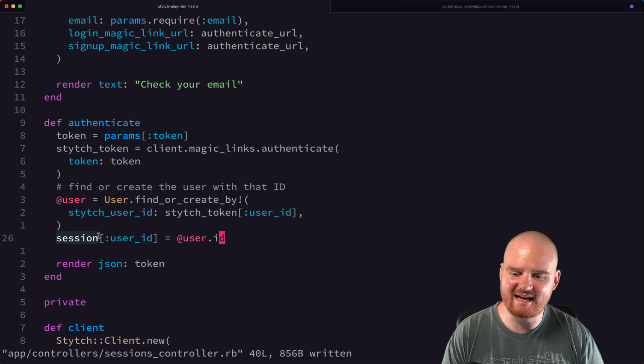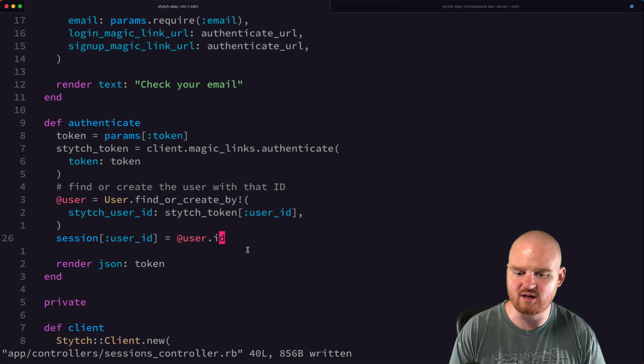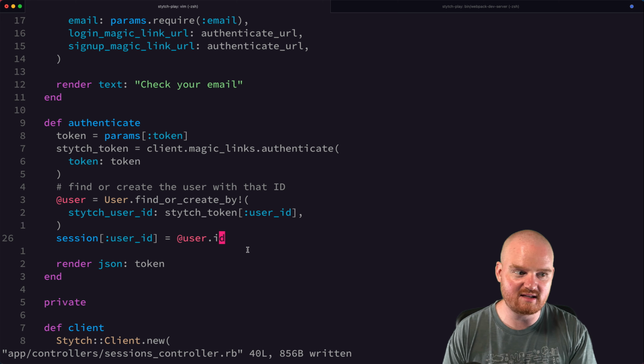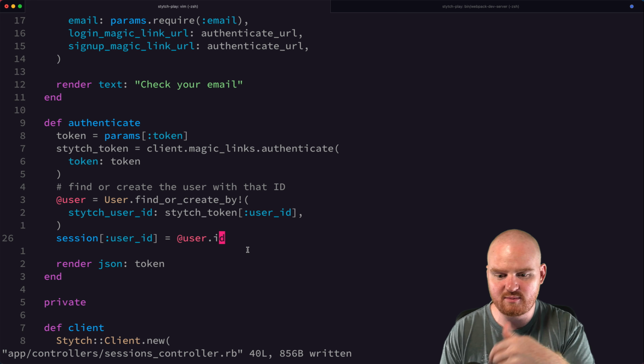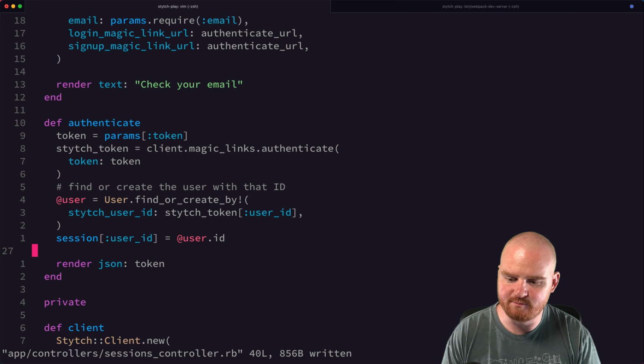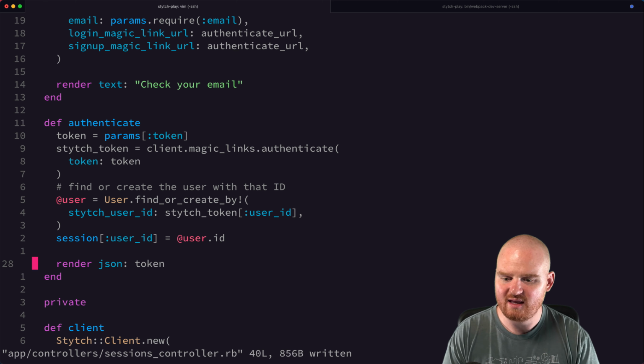So this session is actually encrypted and signed, so you can't mess with this from the client. Otherwise, people would be able to use an auto-incrementing ID attack and say, I want to be logged in as the next person who logged in after me, or the person who logged in before me, or whatever. But this should store the user's ID in the session, and then